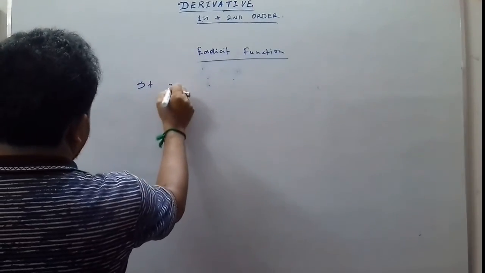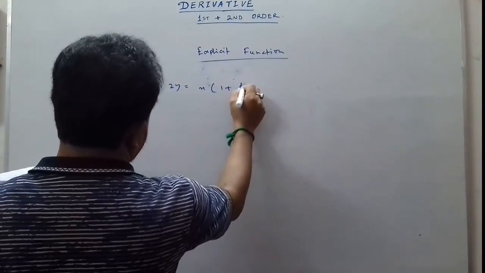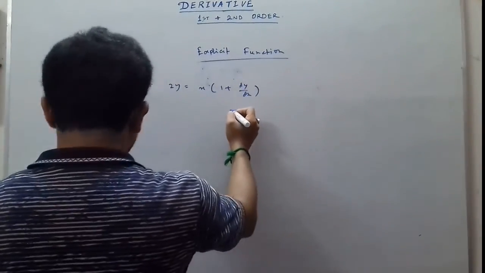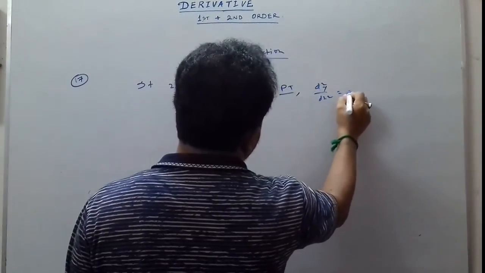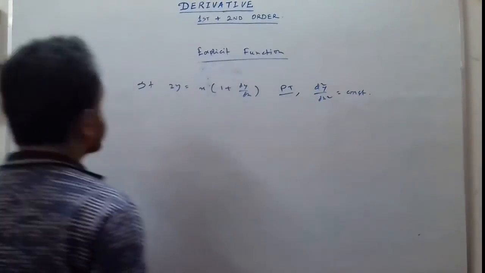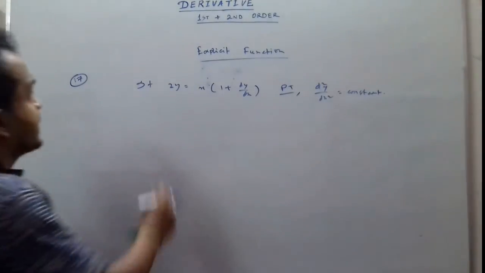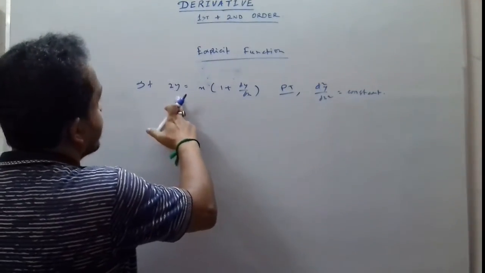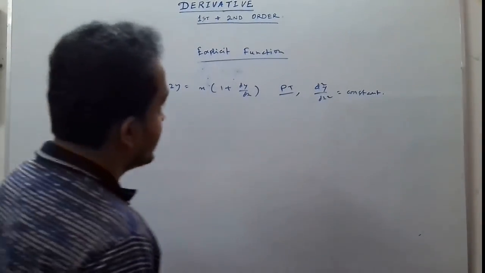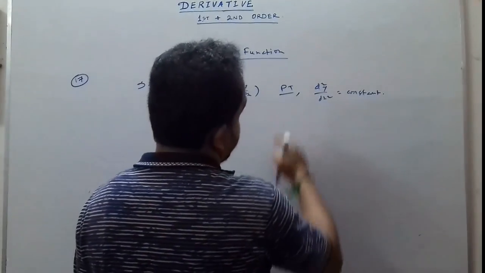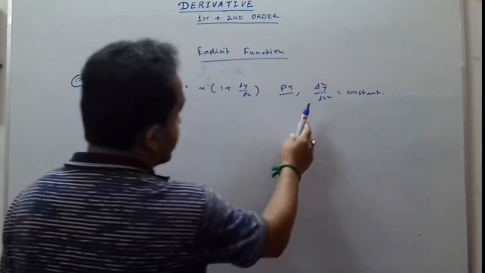Problem number 17. If 2y is equal to x into (1 plus dy by dx), prove that d2y by dx2 is constant. Given that twice y is equal to x times (1 plus dy by dx), to prove that the second order derivative of y with respect to x is equal to constant. Since we have to show that the second order